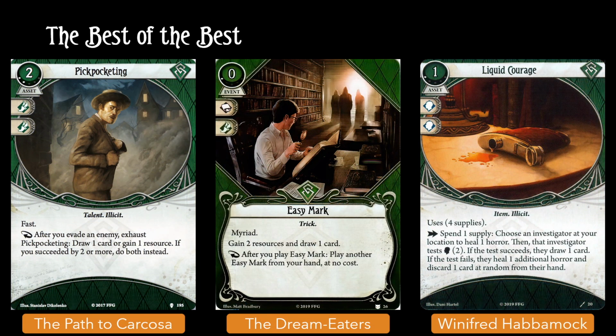Alright, the Rogue class is a bit more selfish. Pickpocketing level 2 is passive resource generation. After you evade an enemy, you'll get a resource or card, or sometimes both. For Easy Mark, you'll get resources and cards as well, especially if you chain them together. There's no current way for rogues to heal damage from investigator cards, but they do have Liquid Courage to heal horror. If you succeed, you'll also get a card. If not, you'll heal another horror at the cost of a card. Still very